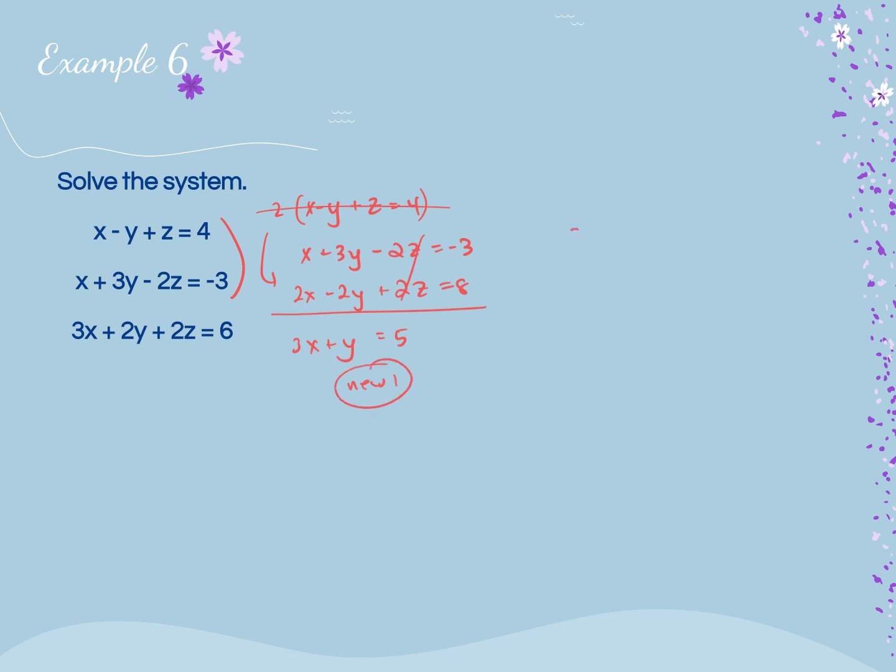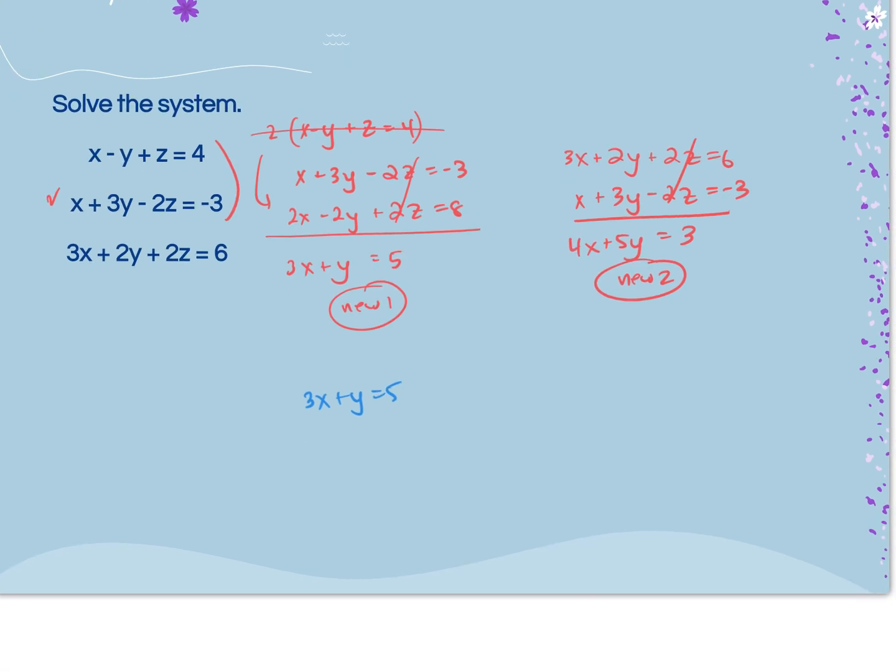And then I'll go to new 2. So 3x plus 2y plus 2z equals 6. I know my goal is to cancel the z's, and I think it's going to be pretty easy for me to cancel the z in this one, okay? Because notice the z's are already opposites of each other. So obviously all I have to do is add these. 4x plus 5y equals 3. So this is new 2, okay? So I take the first equation, 3x plus y equals 5, or new 1 rather. I take new 2,